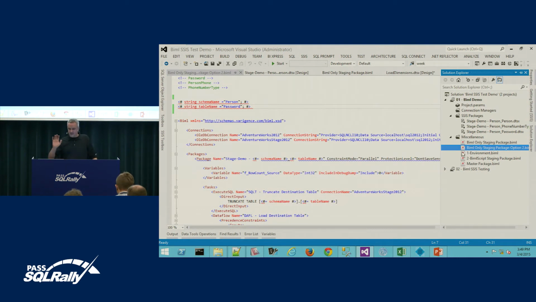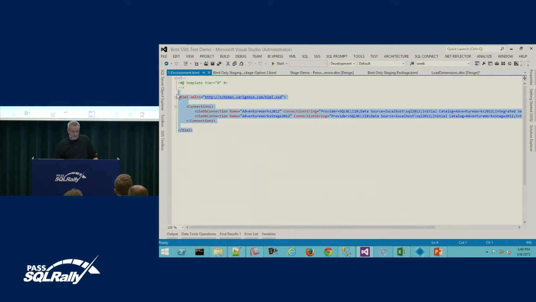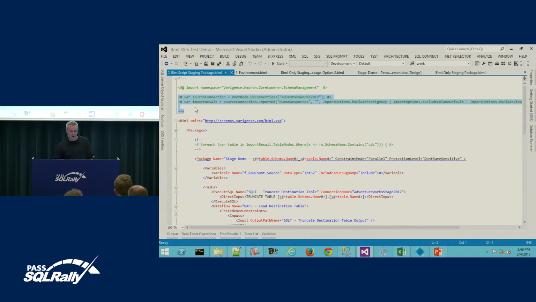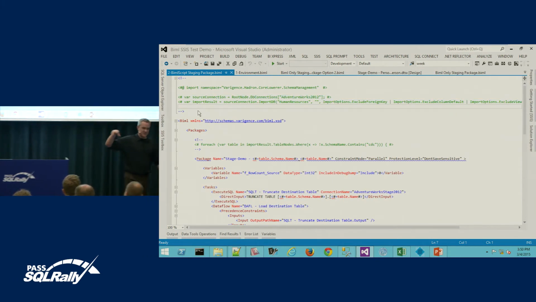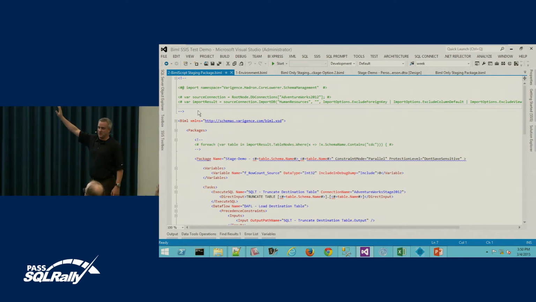But for the people that are going, that doesn't sound very exciting, you can also iterate through, and as you get better, you can create, and I've created a two-file solution here. I have my connections sitting in one file, and then I have another one that uses that and iterates over this import results. I'm saying, create me a source connection, and I'm restricting it to the human resources schema only because I don't want to create all these